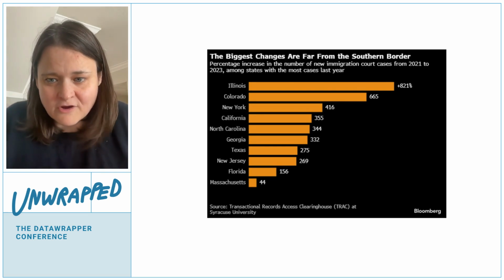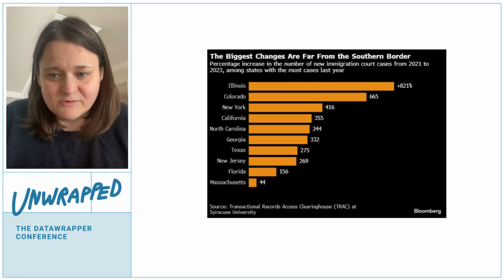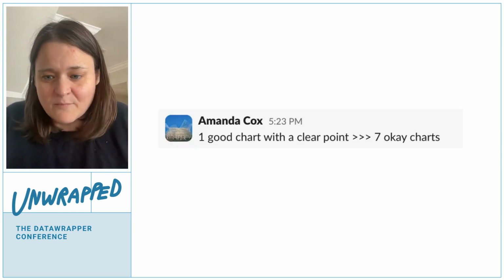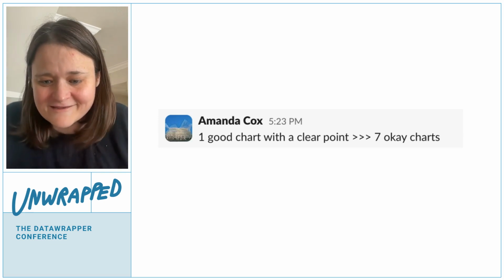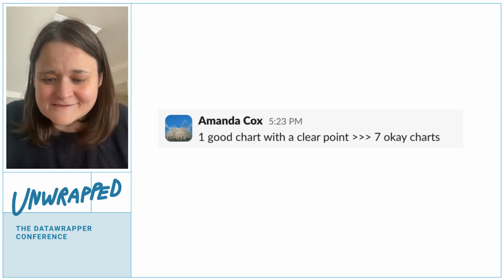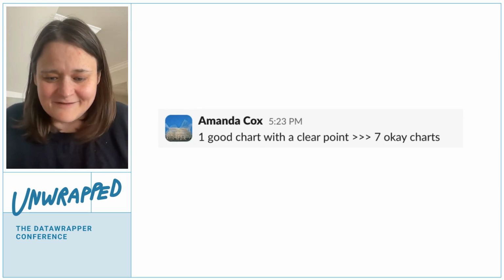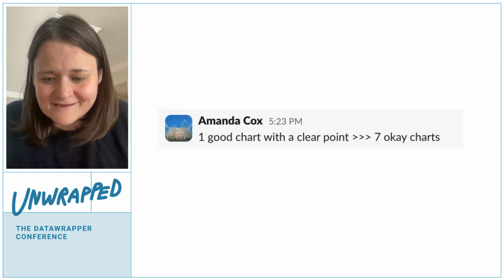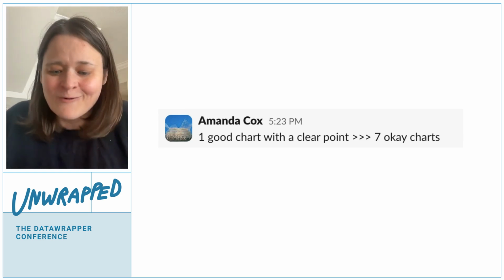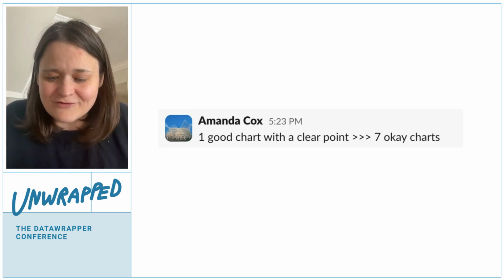Still not a great chart, but it's at least a chart with a message, which I think is one tiny step towards getting better. That's the thing I type most now in my work Slack. I think there are these false hierarchies in the world that more charts are better in people's heads, and with some of my colleagues too. They'll see these plans and they'll be like, "Here are the 7 different charts I can make," and constantly I'm typing, no, one good chart is better than 7 okay charts.